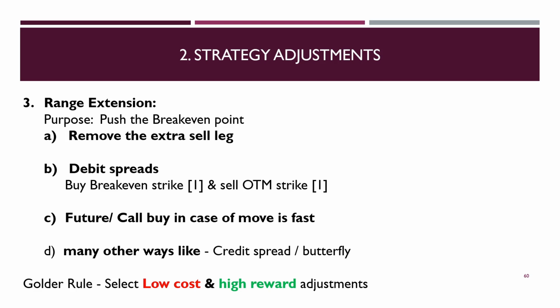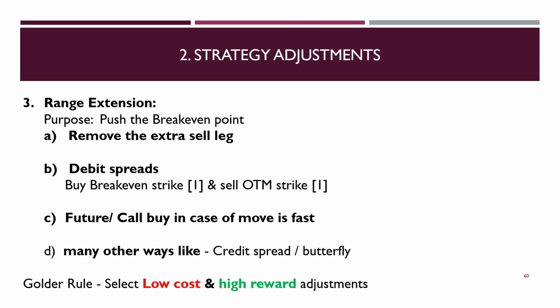Now the second type of adjustment is the range extension adjustment. As I already told, the purpose of this adjustment is, whenever price is nearing a break even level, we do this adjustment to extend the break even point. This can be done by hedging the losing side or buying the extension of the break even. Now let me tell you, these adjustments are not easy. They need a good understanding of various strategies, the basics of the option payoff graph, and a lot of patience and a lot of practice, right? So you put some effort into understanding all the adjustments.